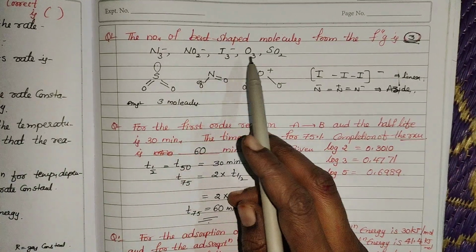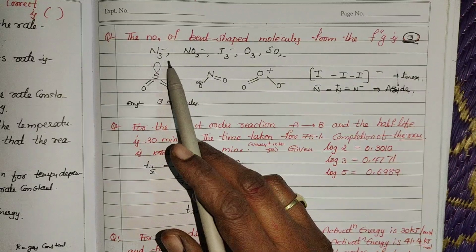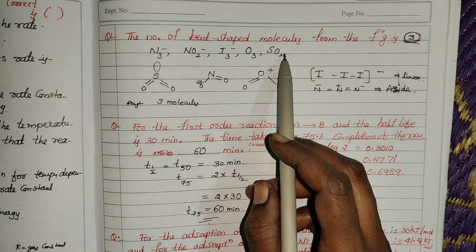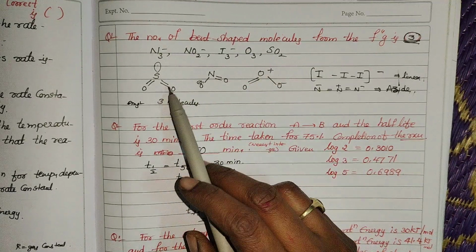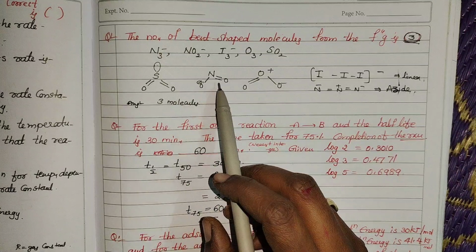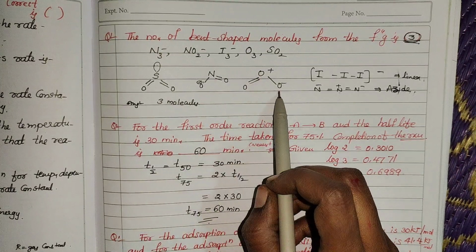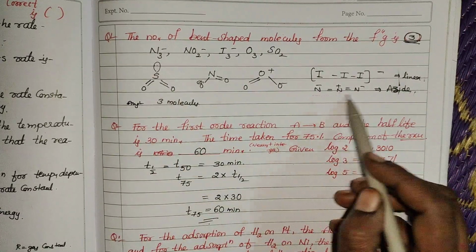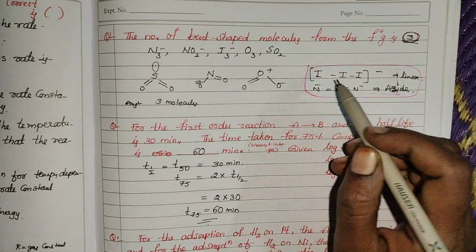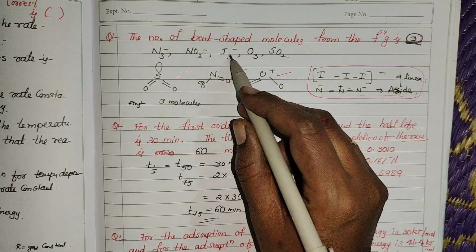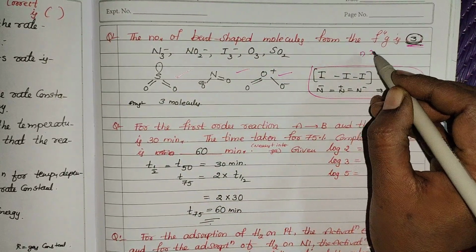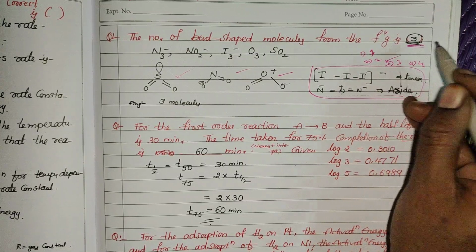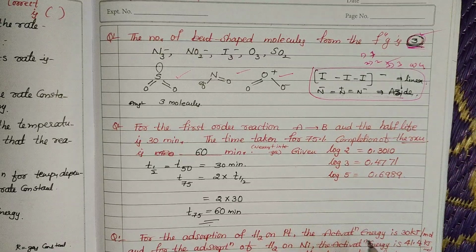Okay, next question, the number of bent shaped molecules from the following. They will give N3 minus, NO2 minus, I3 minus, ozone and sulfur dioxide. First we have to write the structures of the molecules. Sulfur dioxide, this is a bent structure, and nitrogen dioxide also, ozone also. Remaining, I3 minus is linear shape, azide, N3 minus also linear shape. These two are not following the bent shape, only these three are following the bent shape. That is why the answer is 3. They will give option 1 1, option 2 2, option 3 3, option 4 4, means you may select option 3. That is the answer, 3. Okay, so